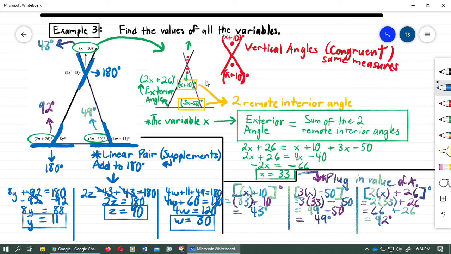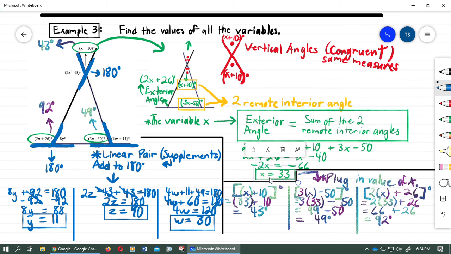We focused on those three parts because we realized that was the exterior angle, and those other two angles were the remote interior angles for that exterior angle. And they all had the same variable x. So we set up an equation